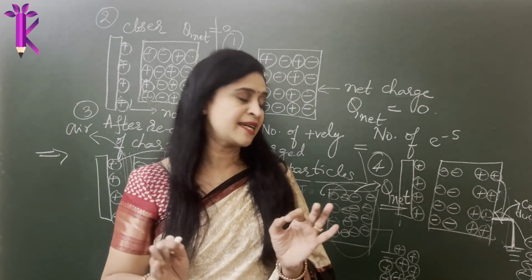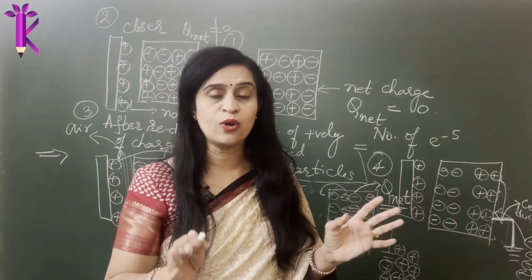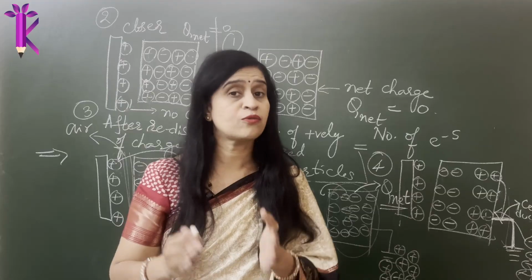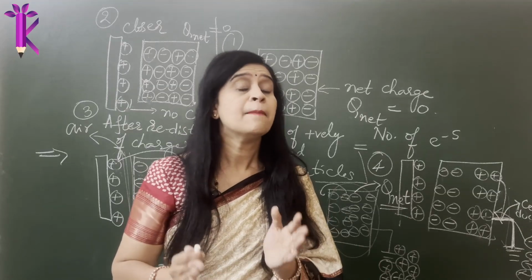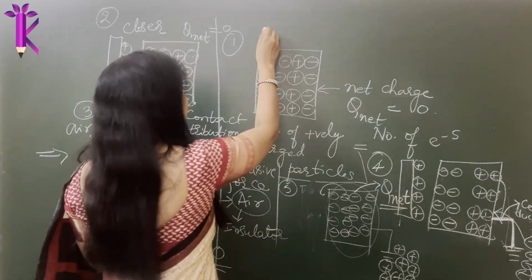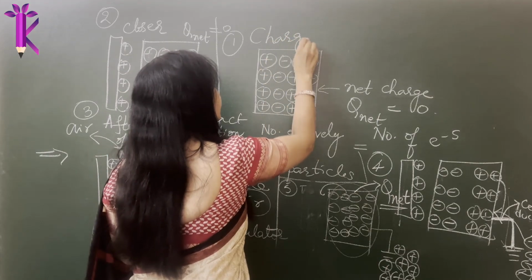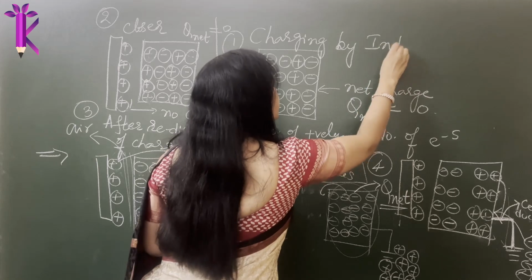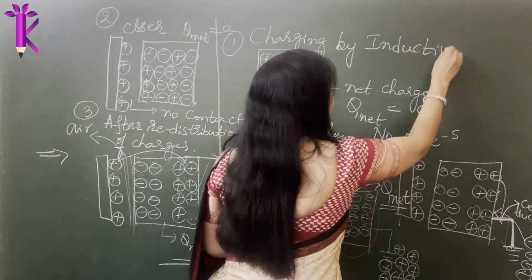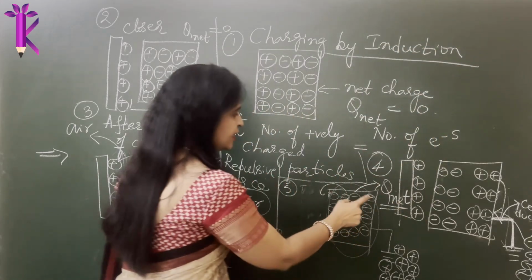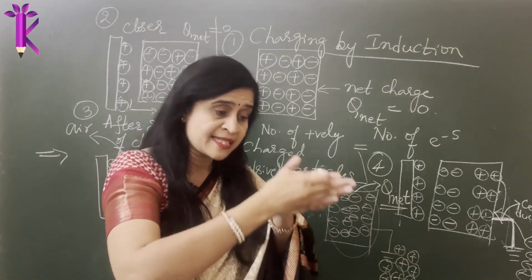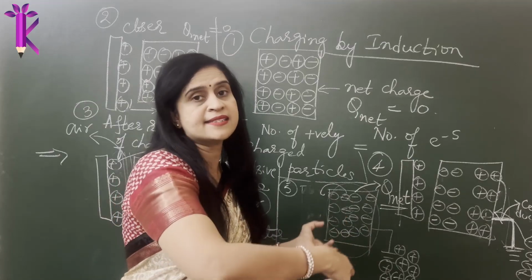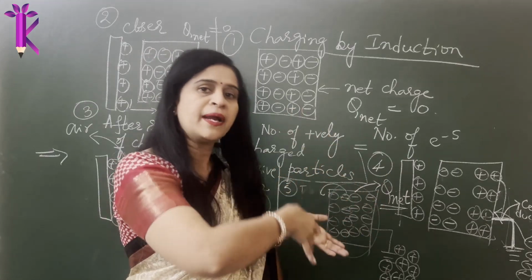So that is the fundamental thing which made us understand this whole concept, and this type of charging is what we know or what we call as charging by induction. So this whole thing is you are charging a conductor by inducing charges by the method of charging by induction. So what do you mean by induction? You are inducing charges, you are inducing excess of charge, you are separating them, you are redistributing them, then connecting to the earth, making excess electrons come into the conductor.